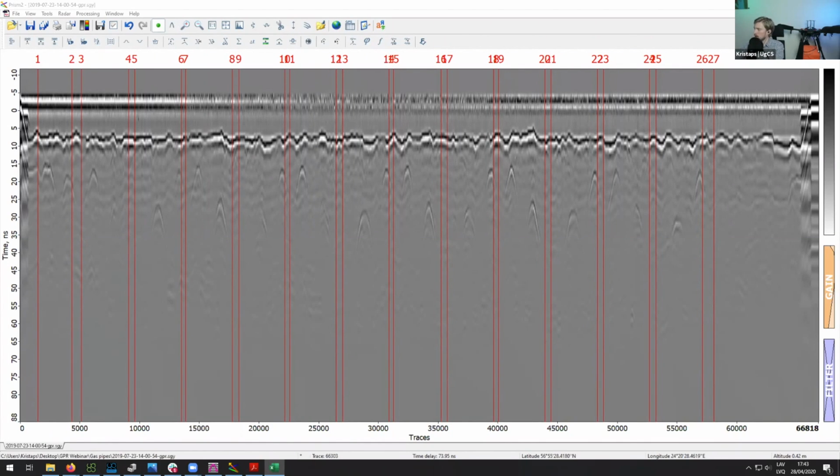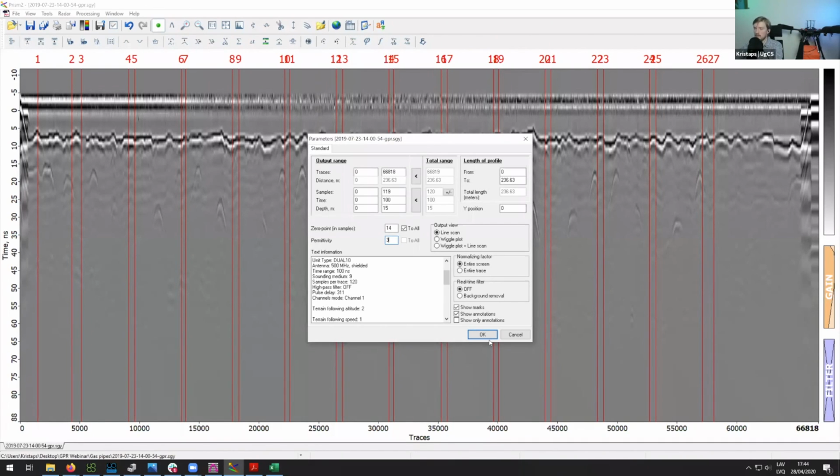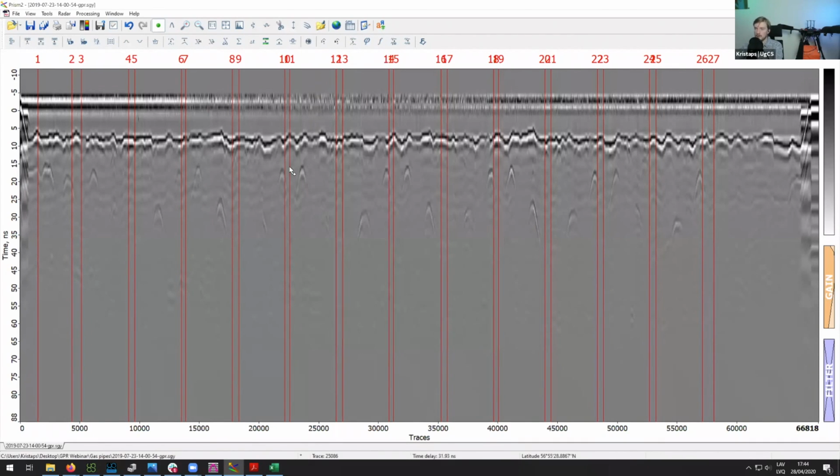So in this case, it was dry sandy soil. And so for dry sandy soil, the permittivity is set as 3. So let's see, if we set the permittivity here to 3, then we can now try to measure the depth